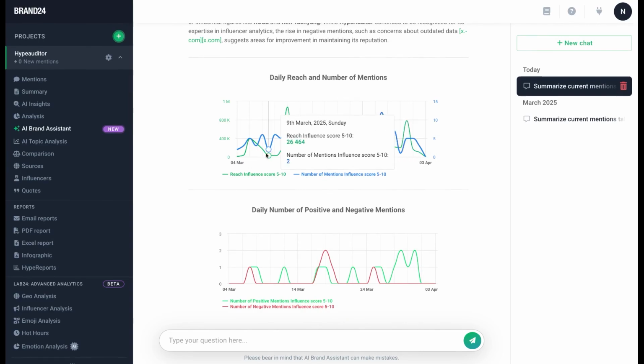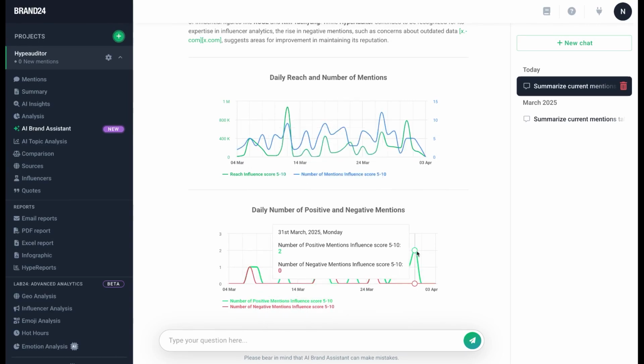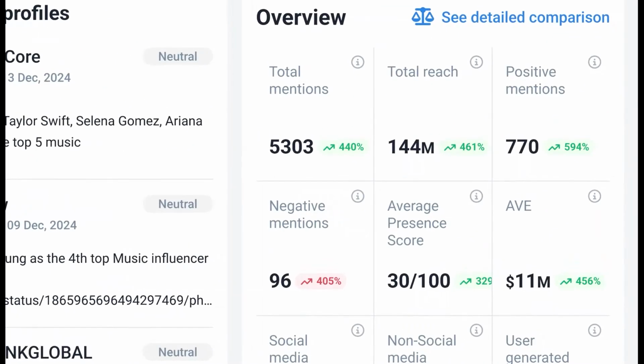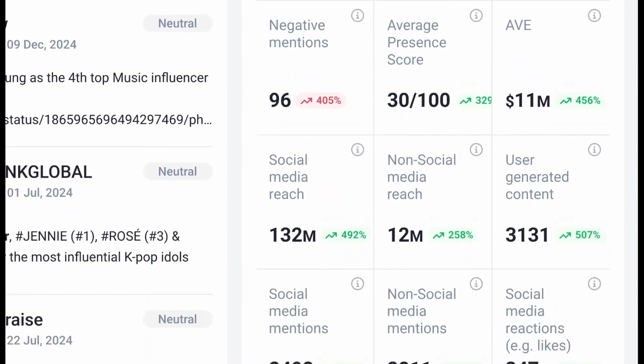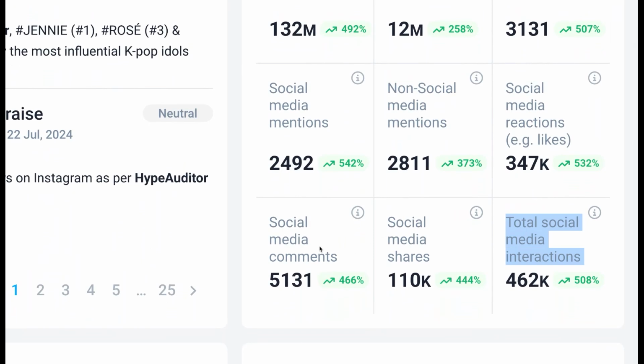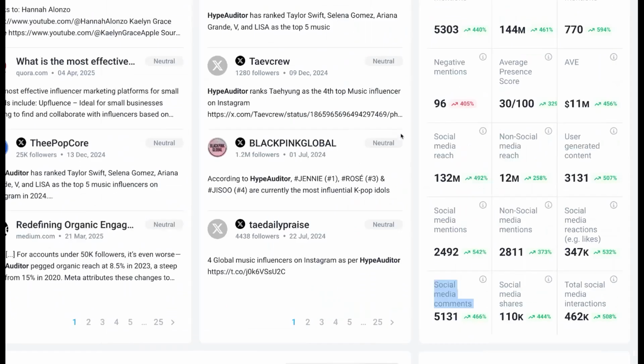But on Brand24, I can find them all in one place, and also sort them by the reach of media. So it actually saves a lot of time. For now, it's much easier for me to find everything in one place.